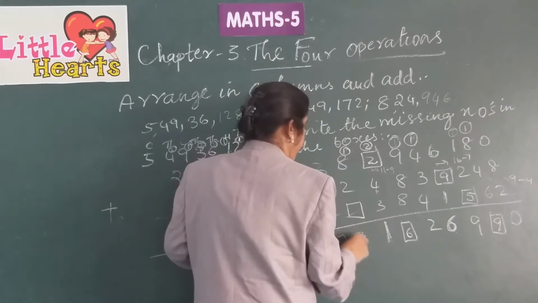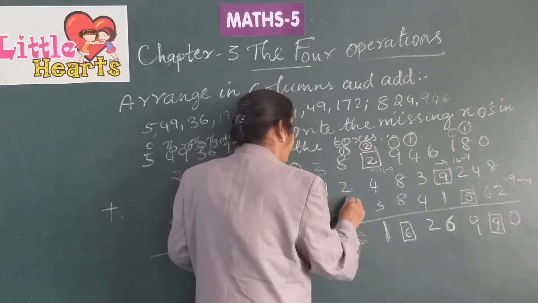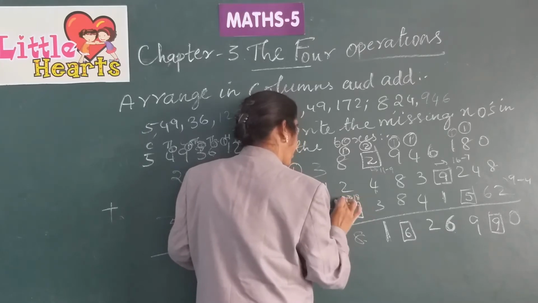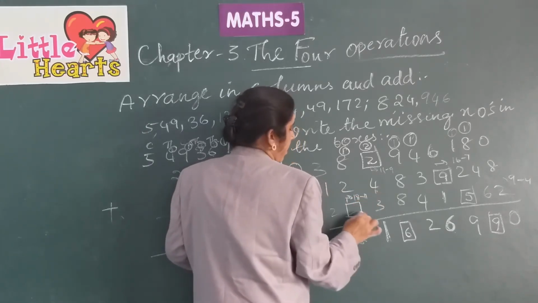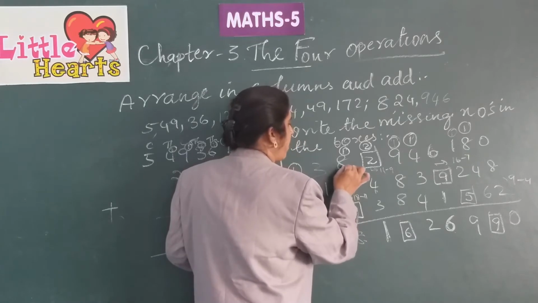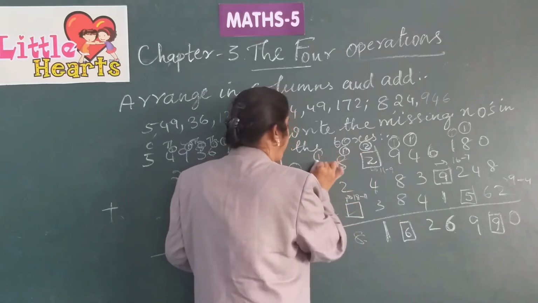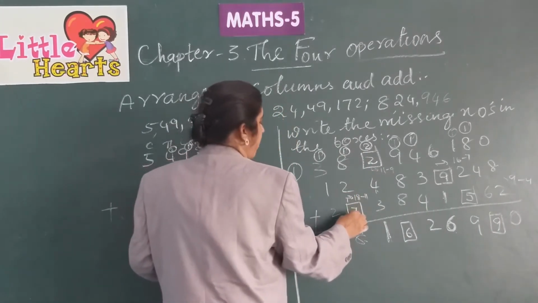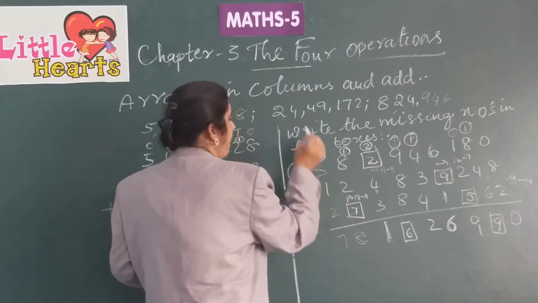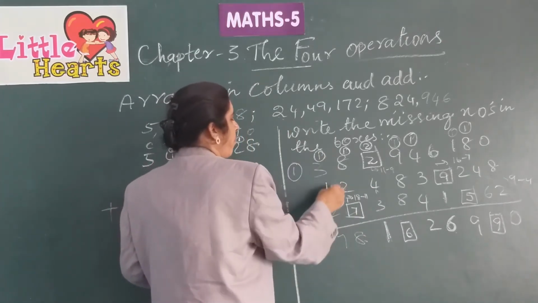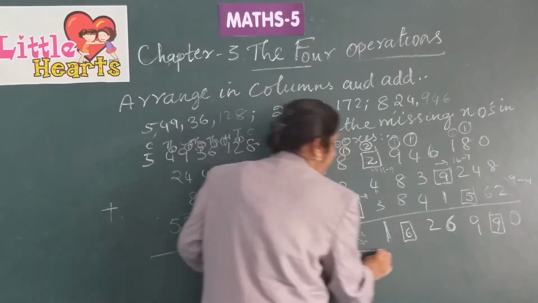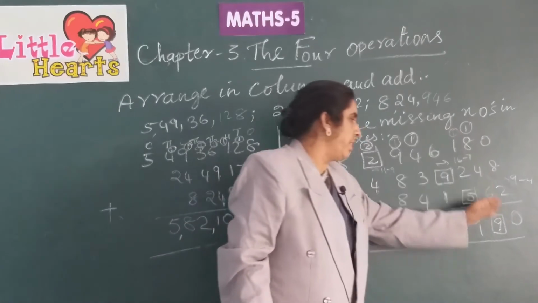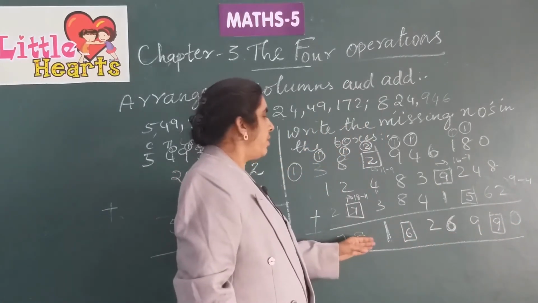Here it is 18. There it is 8. So it might be 18. So 18 minus 11. 8 plus 2 is 10, plus 1 is 11, carry over 1 here. 18 minus 11 is 7. 8 plus 2 is 10, 10 plus 7, 17 plus 1, 18. Carry 1 here. 3 plus 1, 4, 4 plus 1, 5, 5 plus 2, 7. In this way, you need to fill the missing blanks by using the numbers in the answer or the sum given.